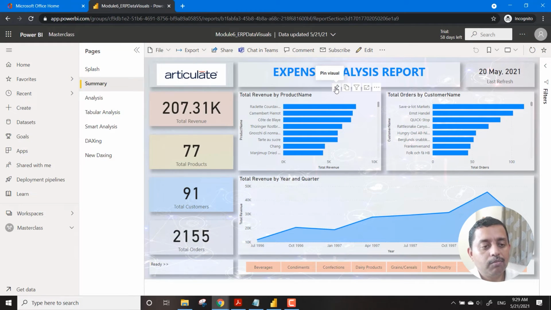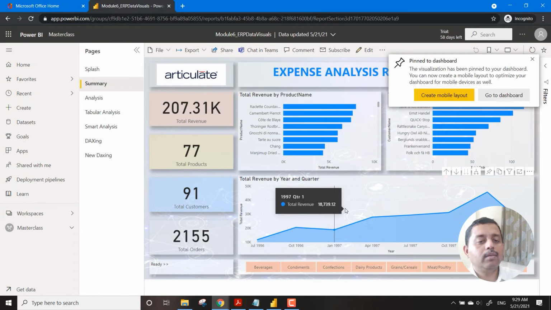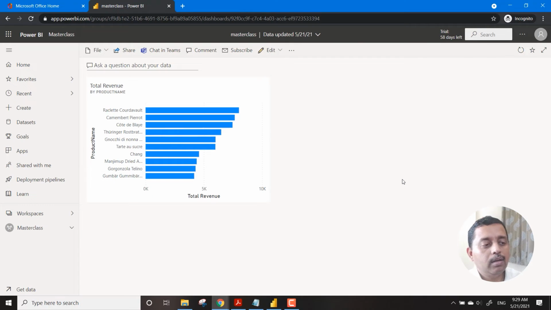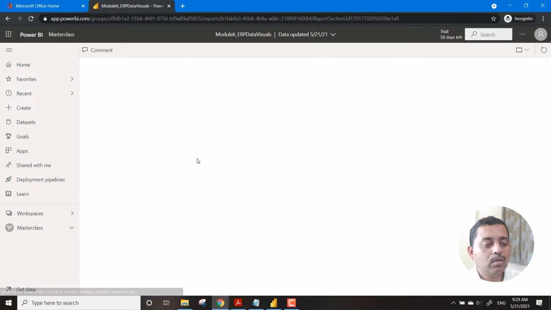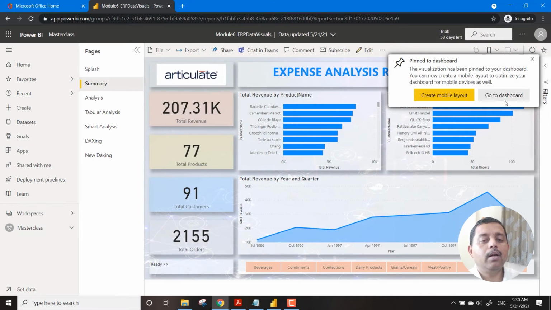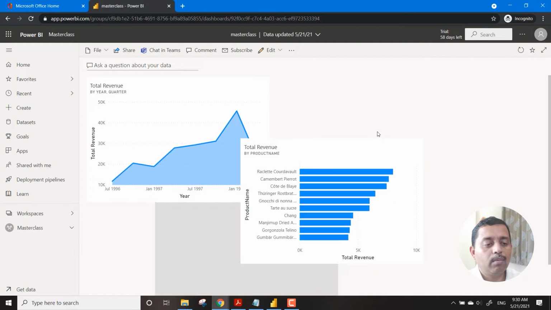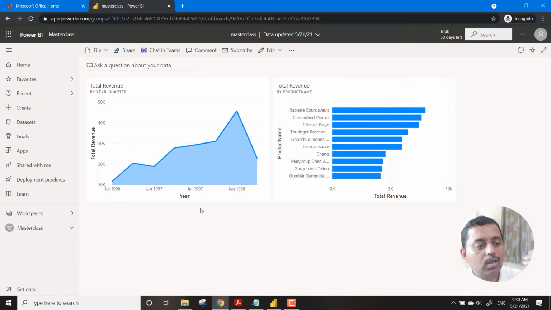If you talk about this visual, you can pin this visual and say masterclass dashboard, and you simply say pin, and you are able to see the dashboard as a tile, and you can manage these tiles as you want. So you can go here, same goes here, pin here, go to dashboard, and then you can actually manage them. So you can say that it should come here, it should come here, or new tiles should come up the top. So all these things are possible once you have got the data in place, right?